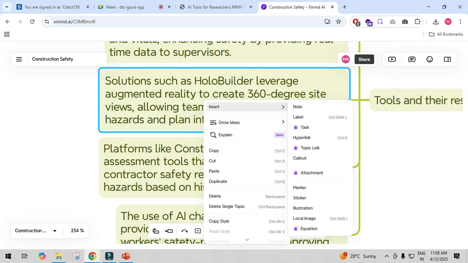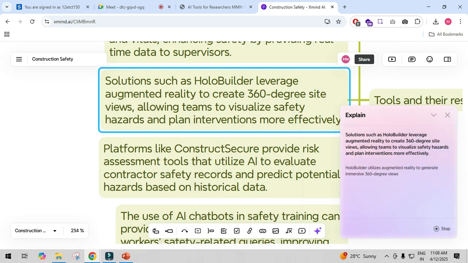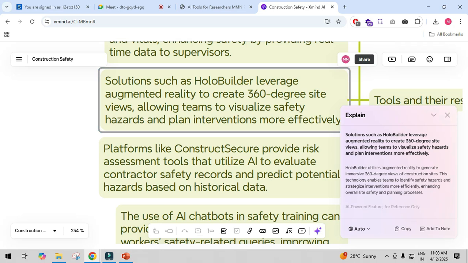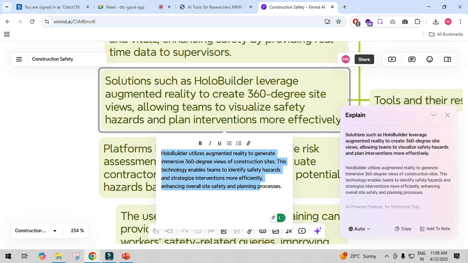So you can specifically ask, explain, and under that you can also chat with it. You can just go to this option, add to note, and after that you can copy this and either paste it in a search engine or chat with it using some latest tools like Perplexity. What I will do in this case, I will press Ctrl C, copy this, and I will go to